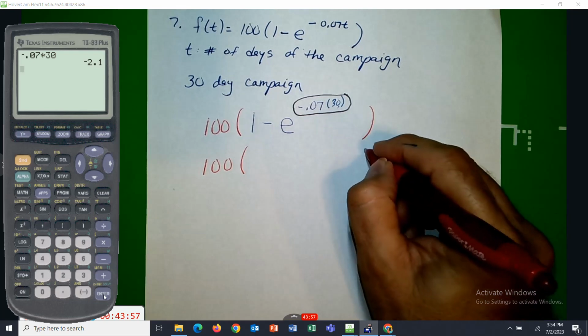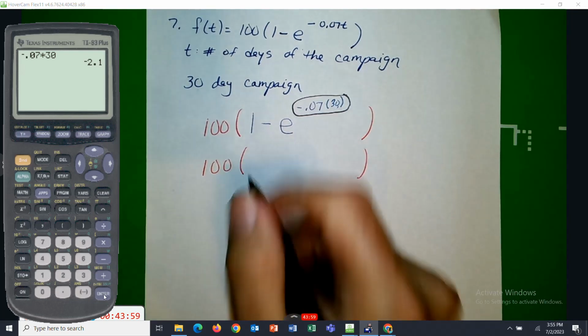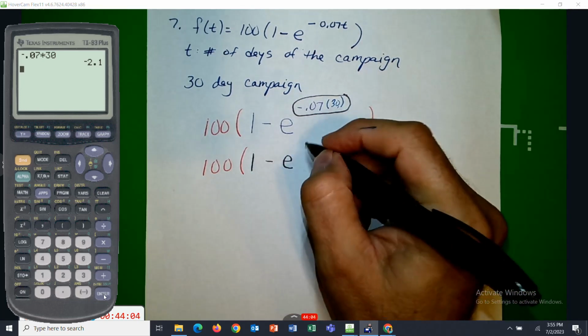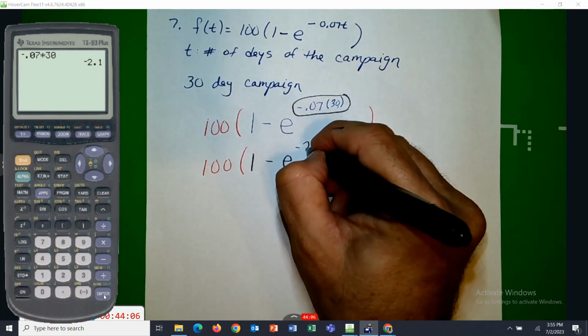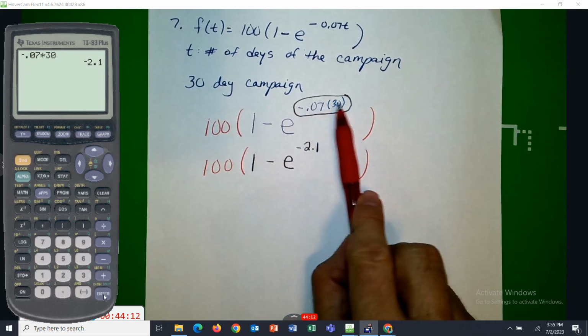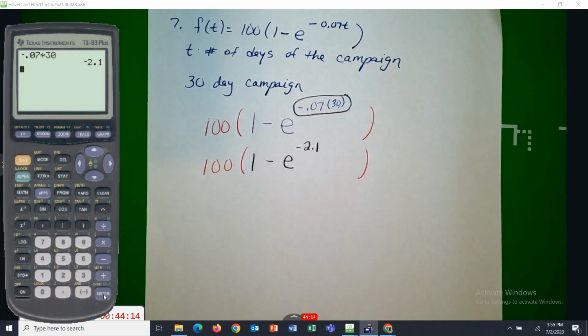100 parentheses 1 minus e to the negative 2.1 power. I think that'll be easier than punching this all in like that. So I'm going to start punching it in. 100, parentheses,